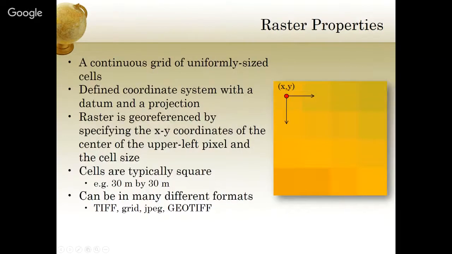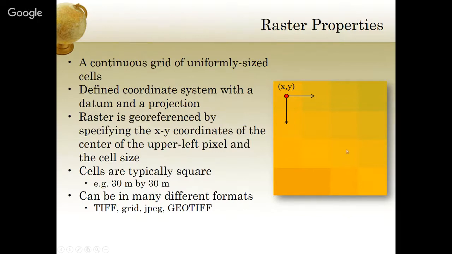So a raster, again, is this continuous grid of uniformly sized cells. Rasters, just like vectors, have a coordinate system along with a geographic datum and a projection. We georeference a raster by specifying the location of the upper leftmost cell in that raster. So that has defined coordinates. Then just by using the cell size, we can determine the coordinates of every other cell within that raster data